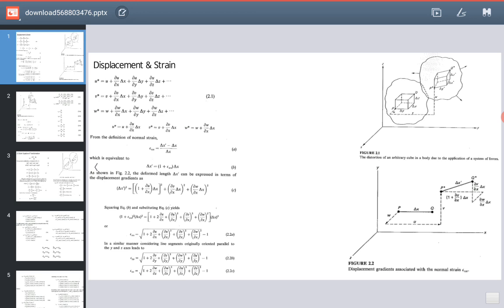So in order to avoid that, we have to know strains at the smallest level, so that we can actually know if it is in our tolerable limit